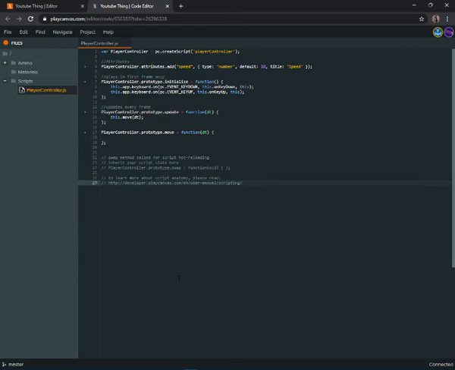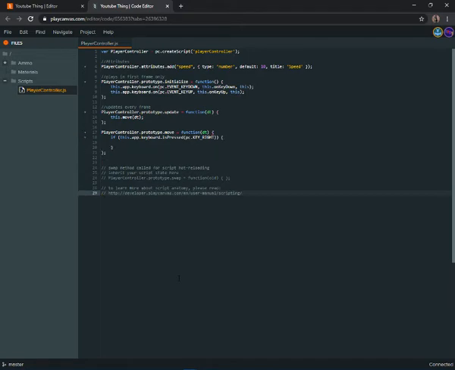So we're going to start with this if. Keyboard dot is pressed, then we're going to do PC dot key, all caps, underscore, let's say the right arrow, right? This means the right arrow, or whichever key you want. So basically, if you press the right arrow on the keyboard, then we run this function. So we want to do